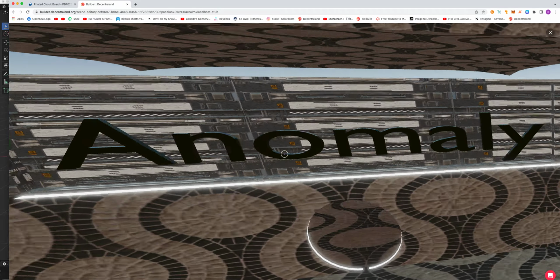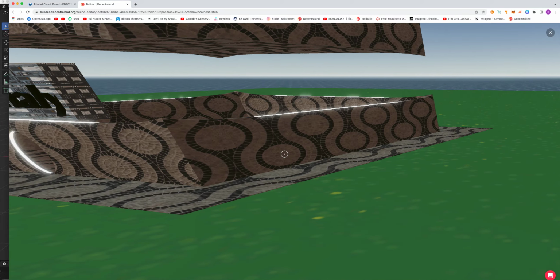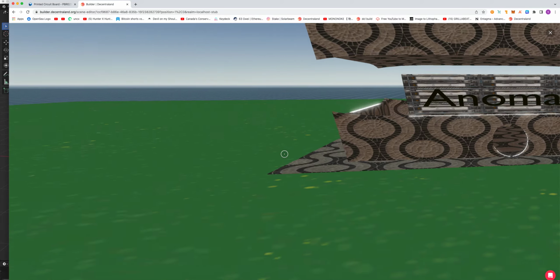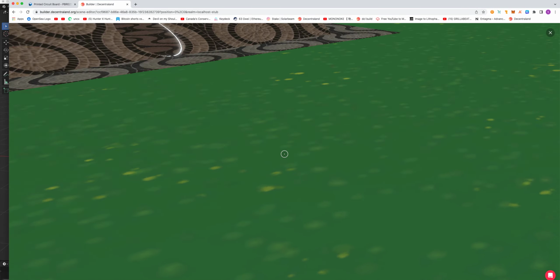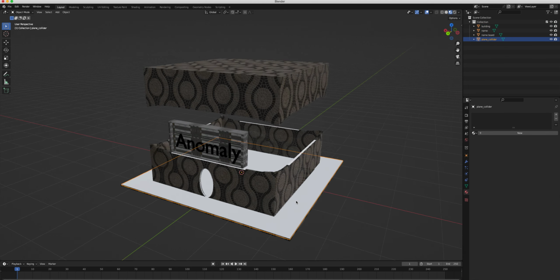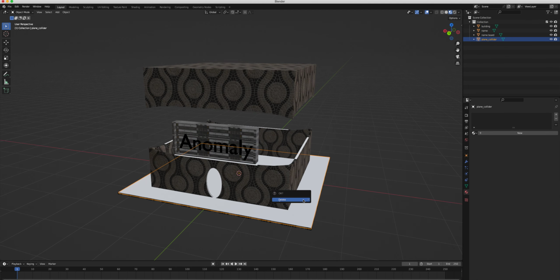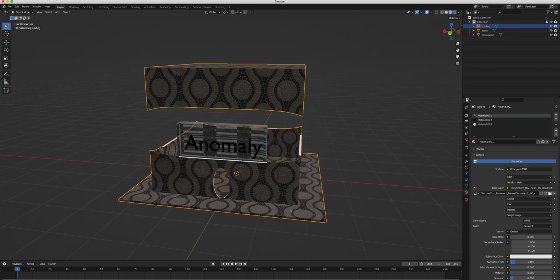I don't know why it's letting me go through it. Oh, that's why. Because we only put the collider on the floor. We should have added the collider on the walls too. So yeah, remember how we only put the collider on the floor here? I guess it would be better to just X this. Just make it simple for yourself. Just Shift D, duplicate it. And then just go underscore collider,